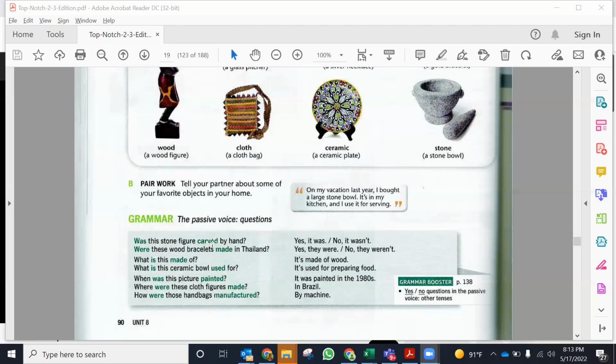No sé si alguien se acuerde. El verbo be queda en pasado porque la oración activa estaba en pasado simple. ¿Ok? Si fuera is, pues es que la oración activa estaba en presente simple. ¿Estamos de acuerdo? Y acá, carved or made, en este caso carved es un verbo regular, por eso tiene ed